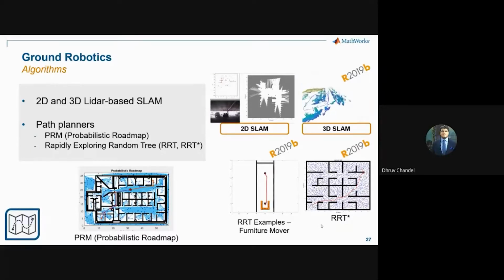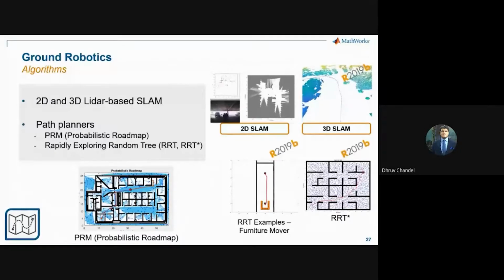The reason we are showing both of these is the top one is used. Suppose you have a factory warehouse type thing, or even if you know the Google cars driving around to give you the street view thing. So they are only doing the top step. The navigation is done by a human in the first instance. And once you have the environment all figured out, then you use the second step, which is path planning. So you specify the beginning and the end point, and the robot navigates autonomously. When you combine both of these, then it gets a little bit more complex. So we're not getting into that much depth for today because it's more of an introductory session. But it can all be done. People are doing it.